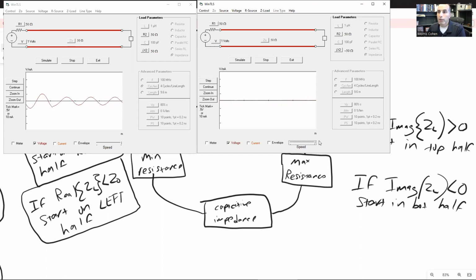All right. For both lines, however, what I want to note is that the resistive part of the load matches the impedance of the line, right? So if you just looked at the resistor, you'd say, hey, 50 ohms is the perfect match. Unfortunately, there's also the reactive portions that are going to contribute, right? So even though you've got the resistance of the load matching the impedance of the line, this clearly is not a perfect match. If you take a look at these results here, this has an element of a standing wave